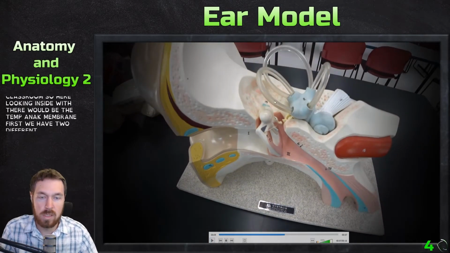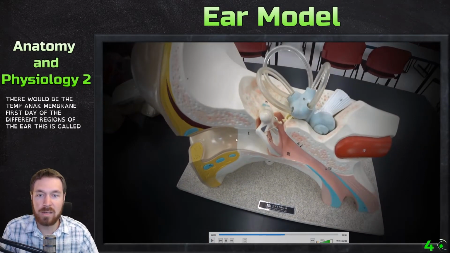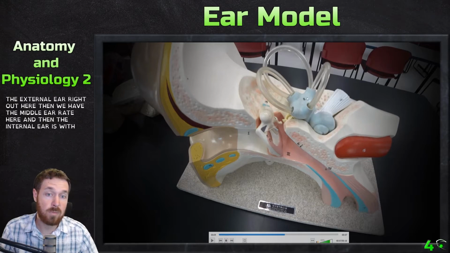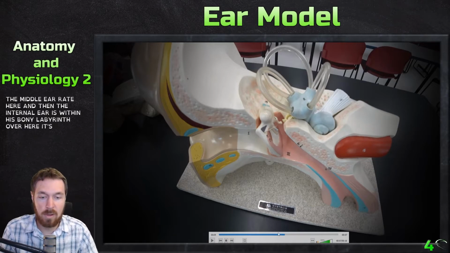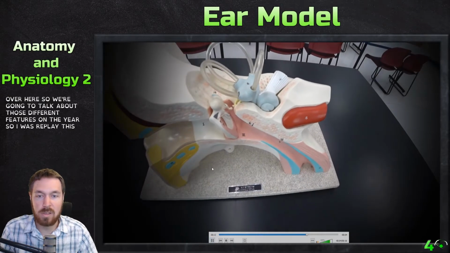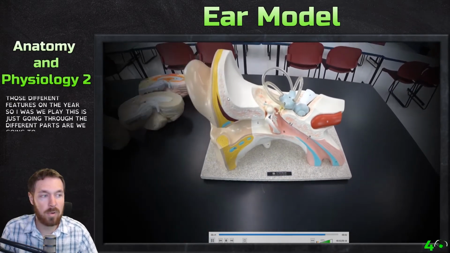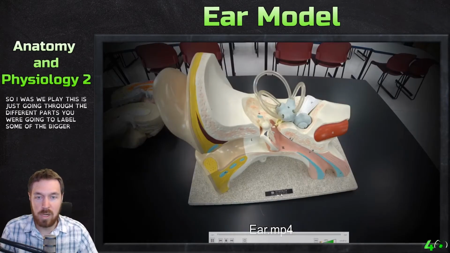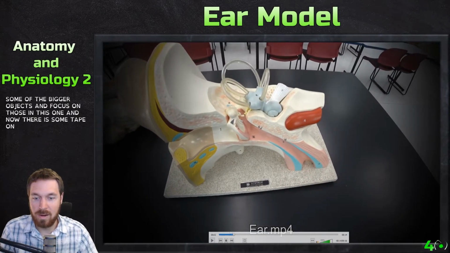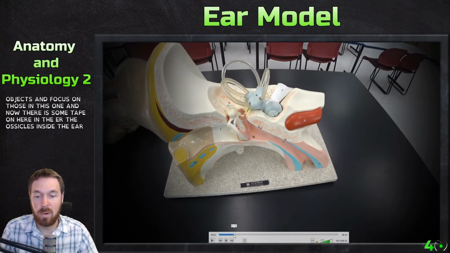First we have the different regions of the ear. This is called the external ear right out here. Then we have the middle ear right here, and then the internal ear is within this bony labyrinth over here. So we're going to talk about those different features on the ear. As we play this, it's just going through the different parts here. We're going to label some of the bigger objects and focus on those in this one. And now there is some tape on here, and the ossicles inside the ear aren't perfect, but we can get